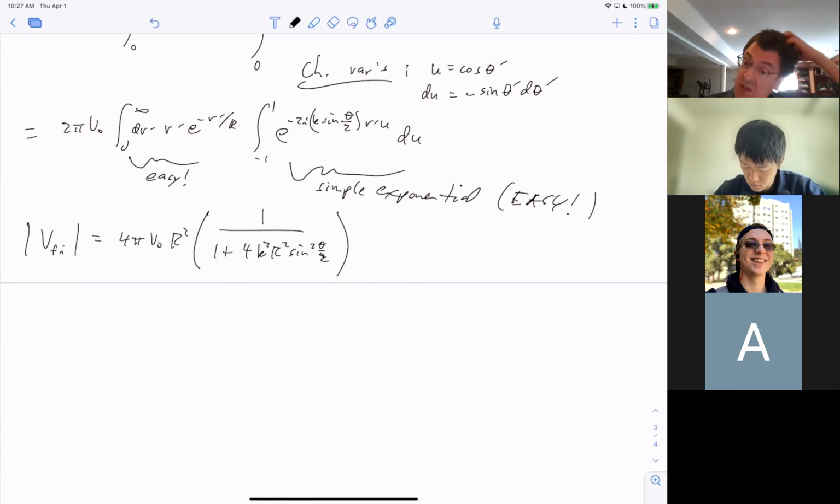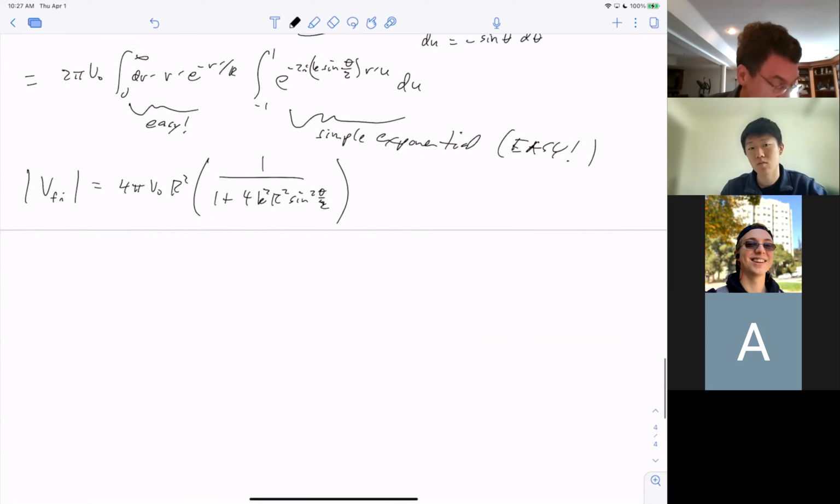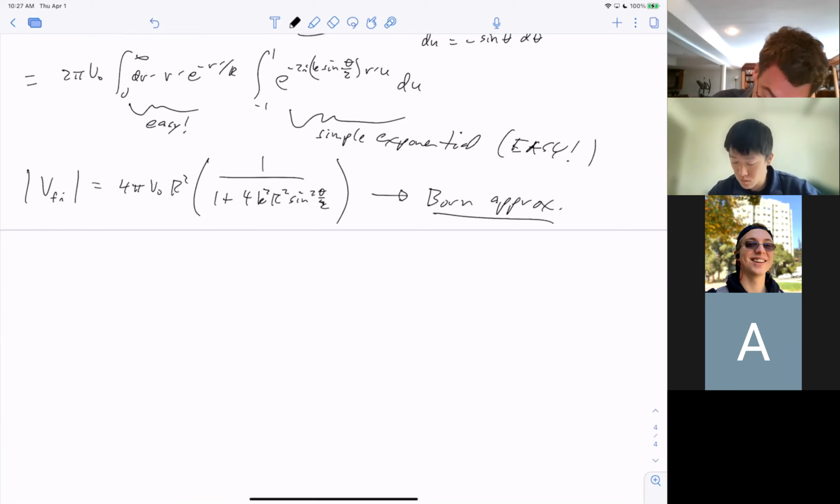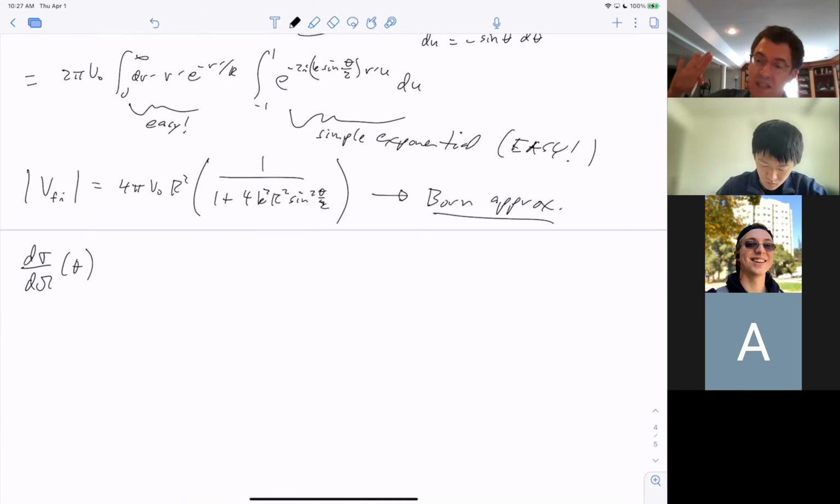Okay, so that's the answer. That's the matrix element connecting the initial and final states. And then we plug it into the Born approximation formula, which just has a couple of constants in front of it, and we square it. And so then we get the d sigma d omega, basically the probability to scatter to some angle theta,